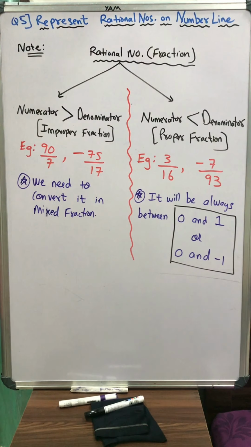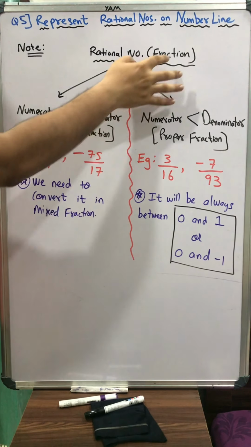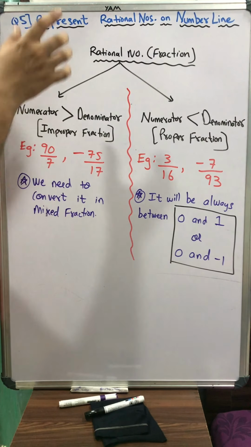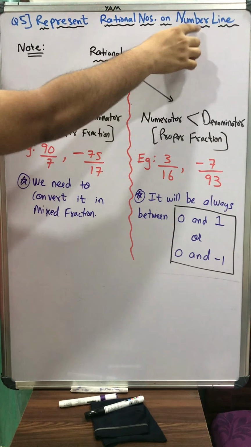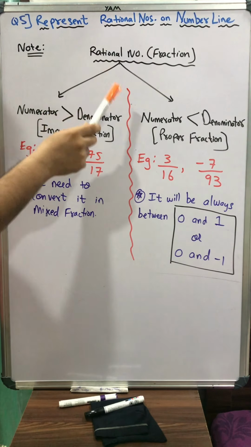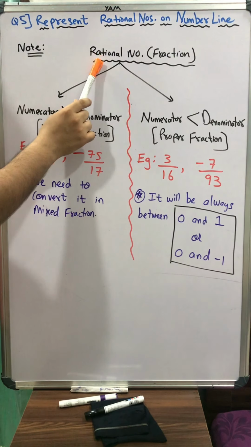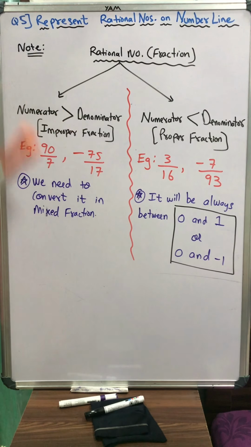Pay attention very carefully. The rational number, here we are dealing with the fractions. Any fraction will be given to you and they will tell you that this fraction is a rational number, so plot it on the number line. So basically we will speak more about fractions. So any rational number of fraction which will be given to you will be of two types, either of the two types. The first type is